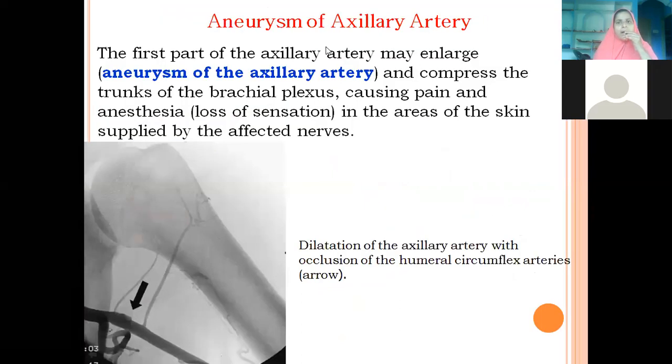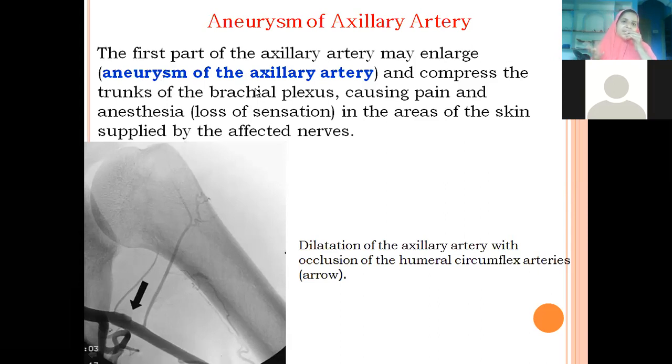So coming to the applied anatomy of the axillary artery, the ballooning out of the vessel wall is actually called an aneurysm. So sometimes there may be ballooning out. That means the vessel wall, that means the tunica intima, media, and adventitia, which form the wall of the blood vessel, becomes weak and it becomes balloon-like, which is leading to an aneurysm.